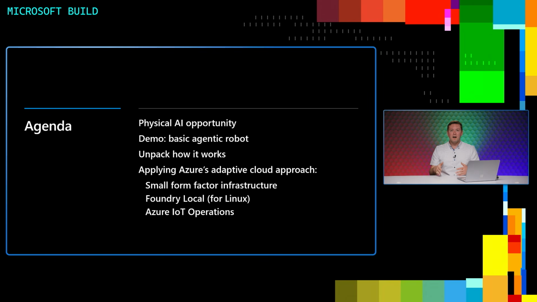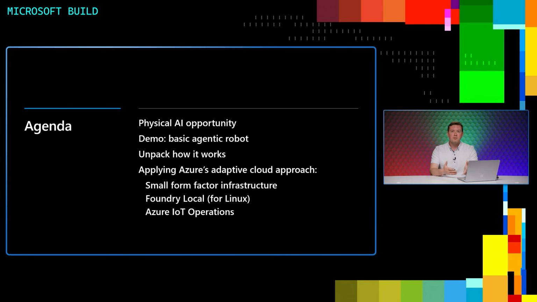Then I'll show a demo of a basic agentic robot to help you understand the opportunity for combining language models and generative AI with physical systems. Then we'll spend most of the session unpacking how it works. I want to really give you a sense for some of the core ideas, what's novel and what isn't relative